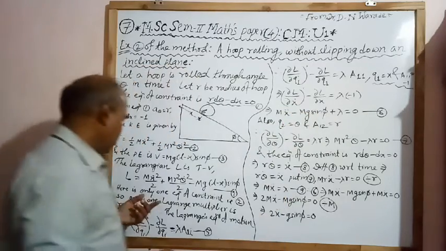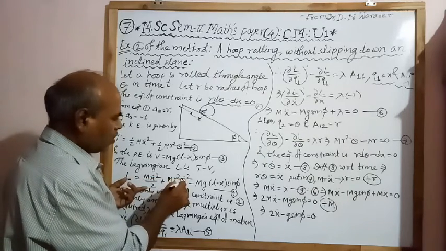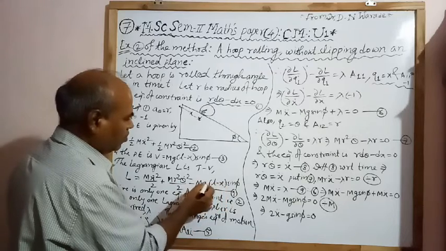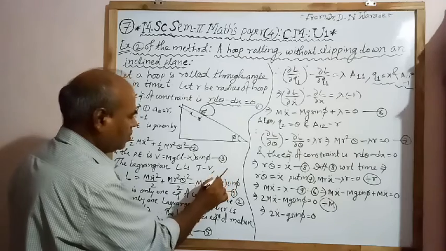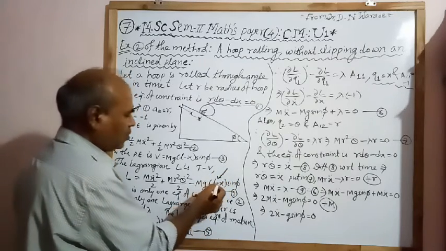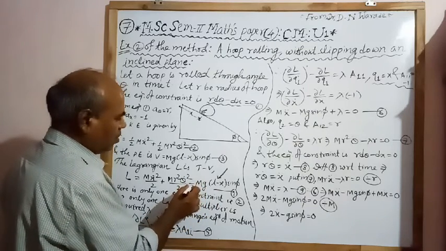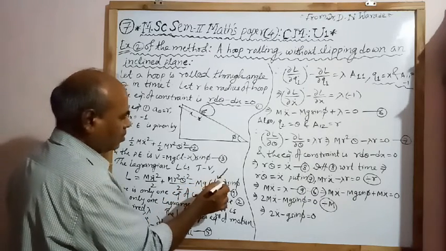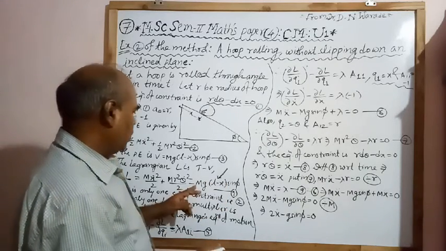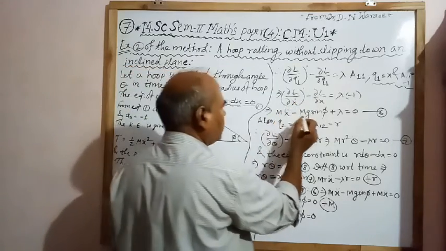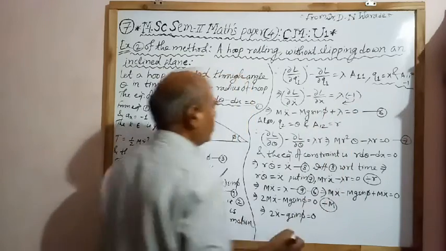minus del L by del x. Again from equation 4, the first and second terms do not contain x. The third term contains x; m, g, L and sin phi are constant. We only have to take the derivative of (L minus x) with respect to x, which is minus 1. Therefore, we have minus of minus, plus mg sin phi. So we have m x double dot minus mg sin phi plus lambda equal to 0, with lambda taken to the left hand side.